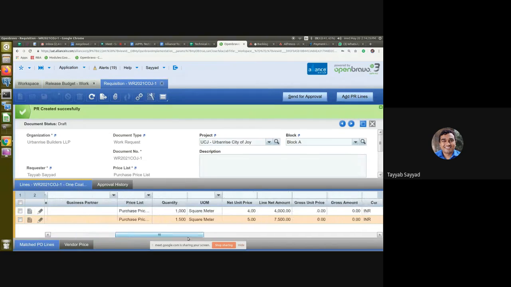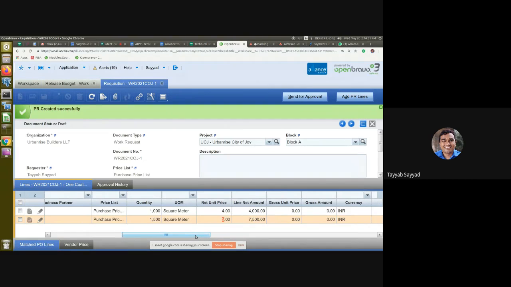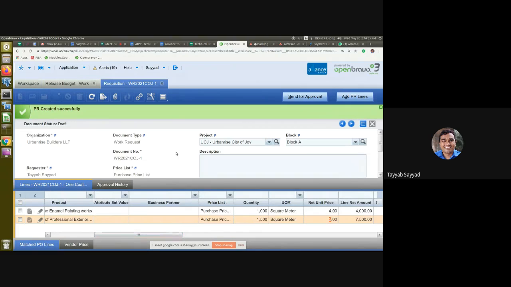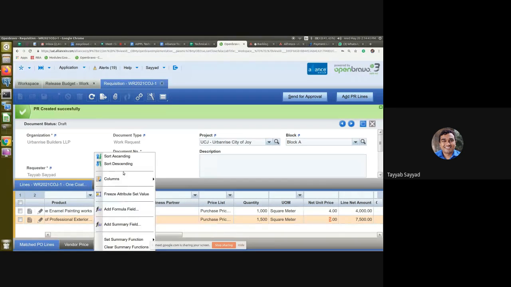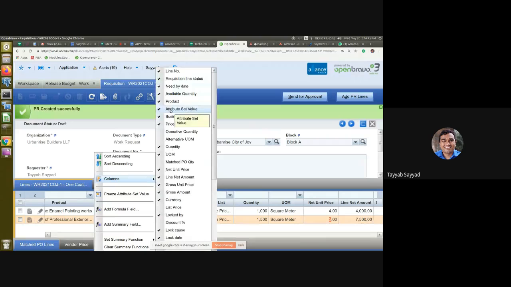Okay, same element, whatever quantity we requested, it will show up here, 1000 and 1500. Okay, the default pricing will come up from the system, which we mentioned in this activity. Okay, so this is just the extra information. Whichever need to hide, we can hide those elements based on the user logins like this.